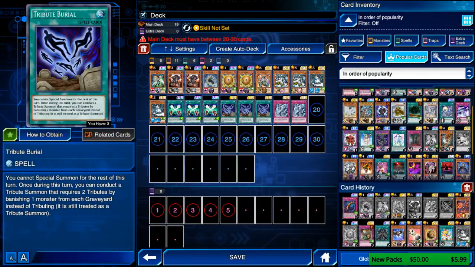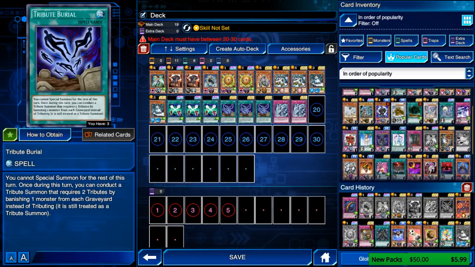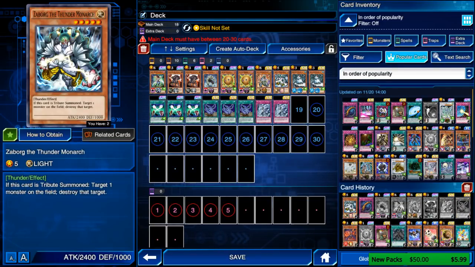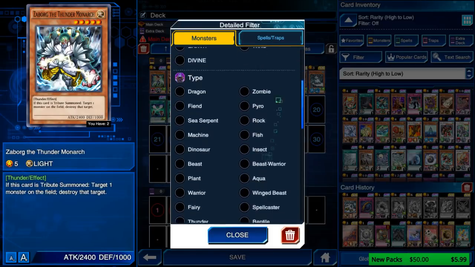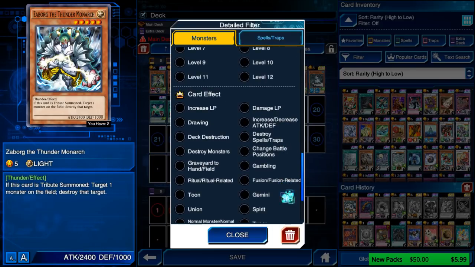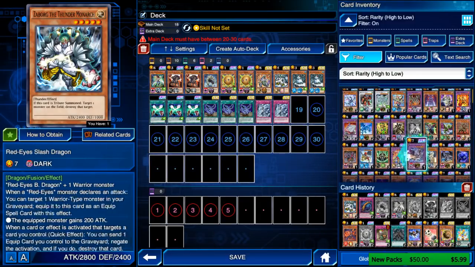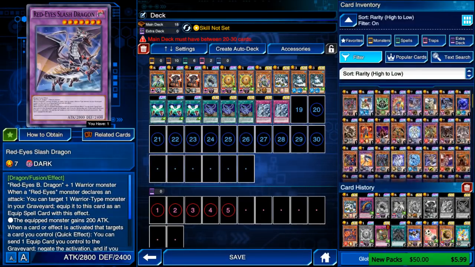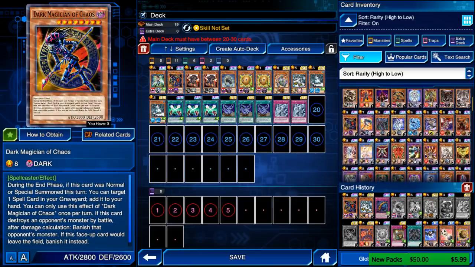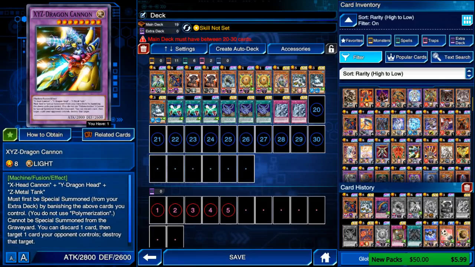I only have 2 targets for Tribute Burial. I think I need another one. Is there a good target amongst all of the most popular cards? No? I'll probably cut down to 1 Monarch and look for some more cards. I did like the idea of Black Magician of Chaos, if I remember correctly. Just 1 copy of that. Ooh, Destiny Hero Plasma. That seems like a neat deck to make. It wouldn't fit with this deck, but...